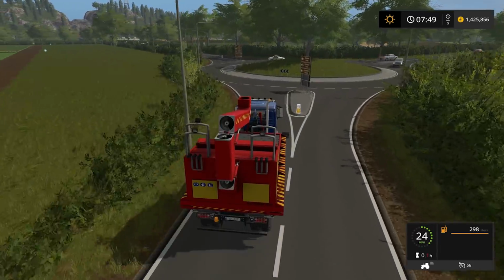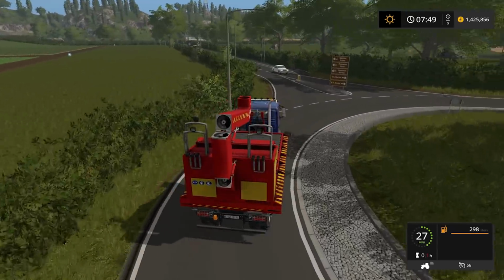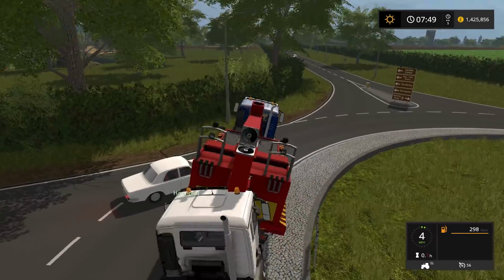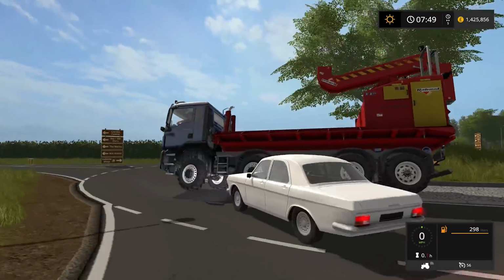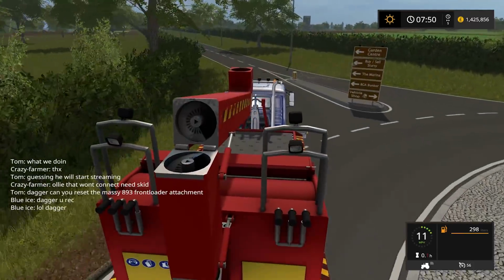Anyway, I'm just going to turn right here because we need to go and find some trees. The intention is to create, look at that idiot, look at that absolute idiot there, the white car, unbelievable. Yes, the intention is to